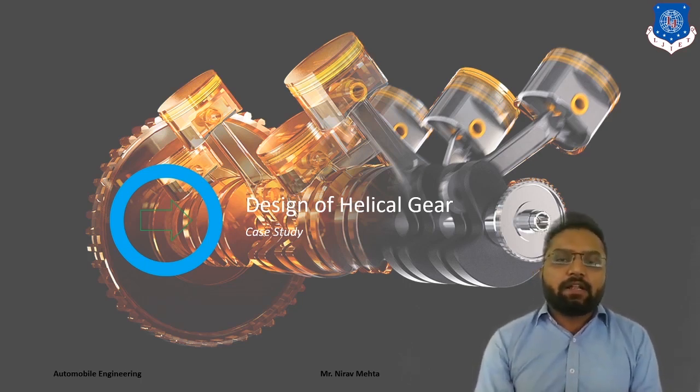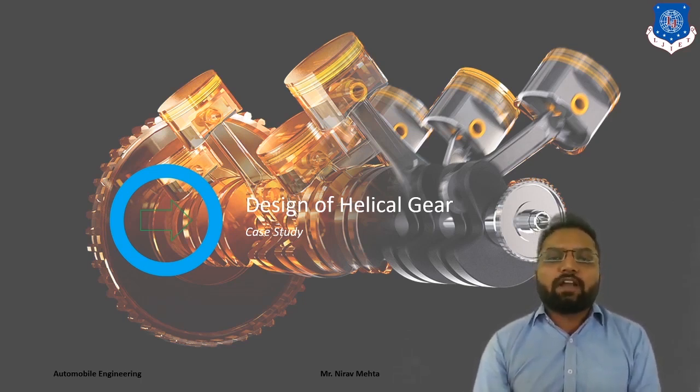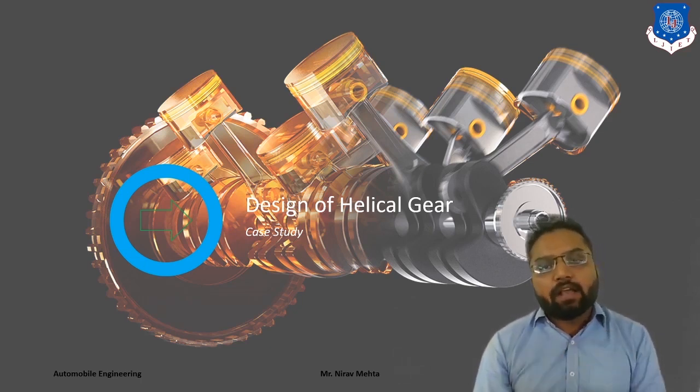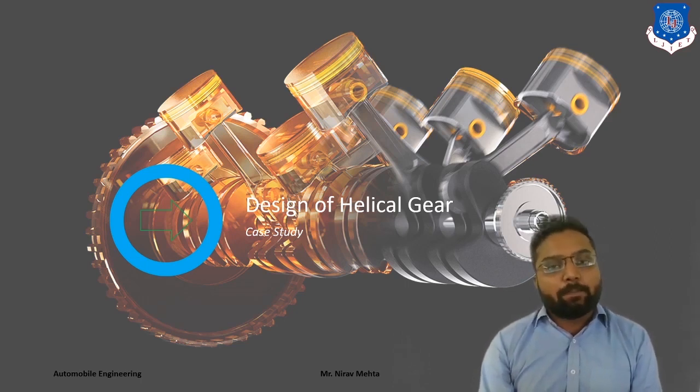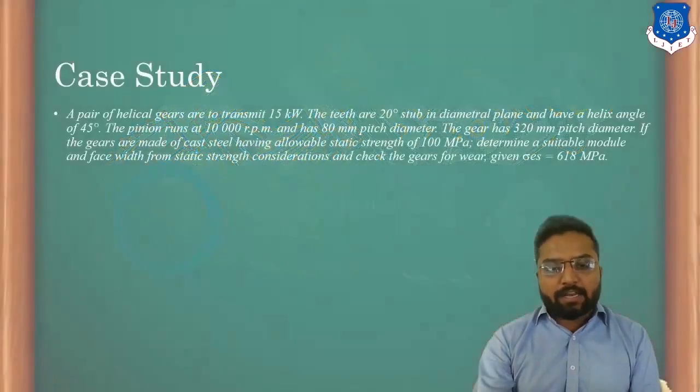Helical gear is different from spur gear in terms of its geometrical consideration. So what is going to be different here? It will be the equivalent number of teeth, because in a helical gear, each tooth makes an angle with the gear axis, and this angle is called the helix angle. So our equivalent number of teeth will be different depending on the angle made by the teeth with the axis. Clear? So let's get into this example.